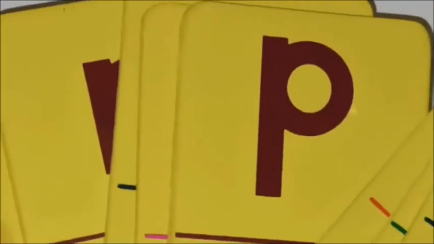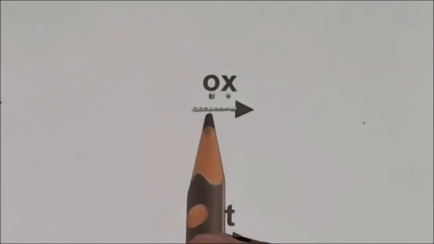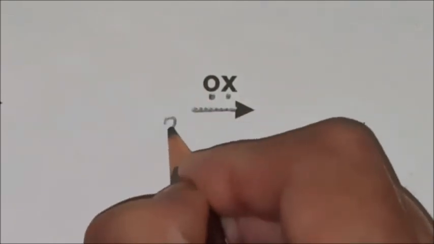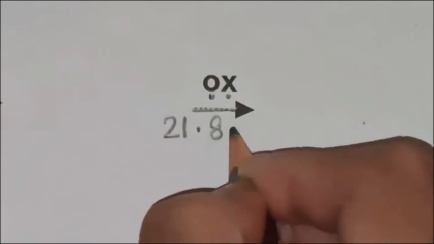Please practice on your alphabet kit. Now it's time for us to write the date. Below the ox arrow, write today's date, children. 21 dot 8 dot